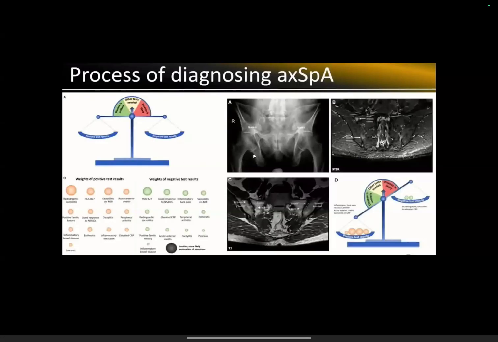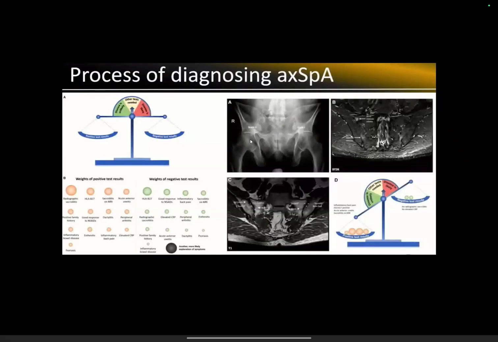So here we are seeing grade 2 on the right side and grade 3 on the left side, and that is confirmed on MRI. We are seeing surrounding bone marrow edema also. We are seeing on coronal T1 irregularity along the joint space with subchondral fatty deposition also. So all this makes this, in presence of